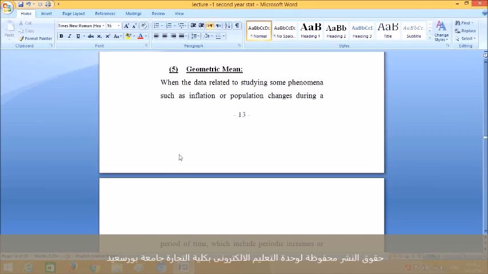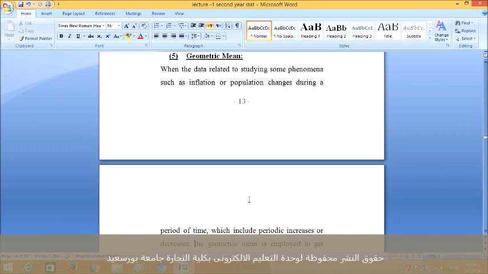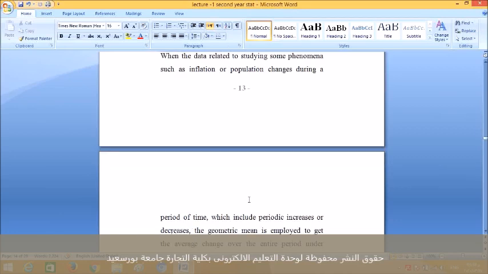So when the data relate to studying some phenomena such as inflation or population changes during a period of time, which include periodical increase or decrease, the geometric mean is employed to get the average change over the entire period